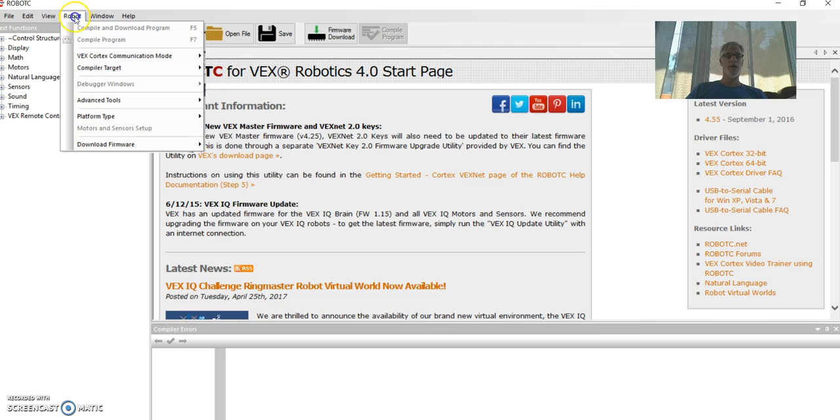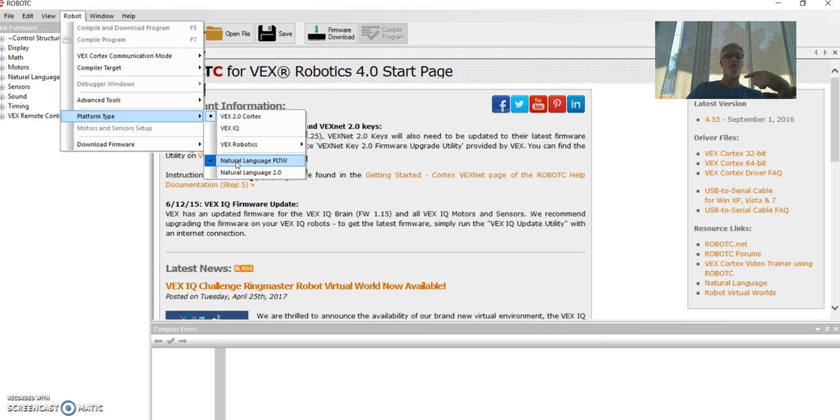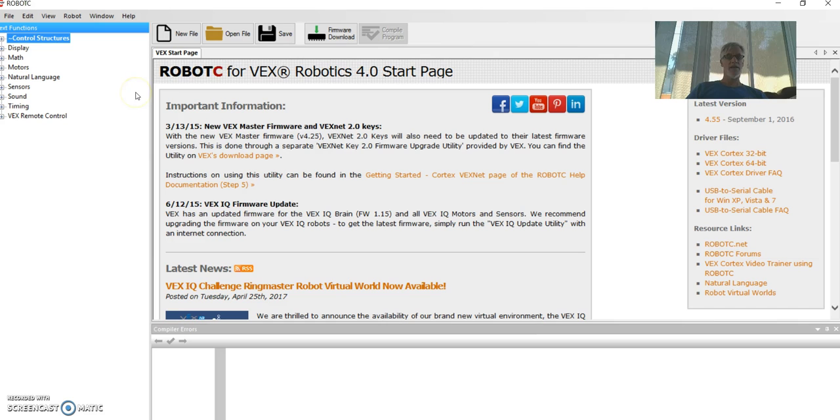Now we want to go to Robot, Platform Type, and you need to be on VEX 2.0 Cortex and Natural Language PLTW. If neither of these are checked, then you're going to have to go into Robot twice into Platform Type to perform this. But you can see I've got the dot at VEX 2.0 and Natural Language PLTW. Not this other natural language, we want the PLTW. So if that's taken care of, then we can create a new file,